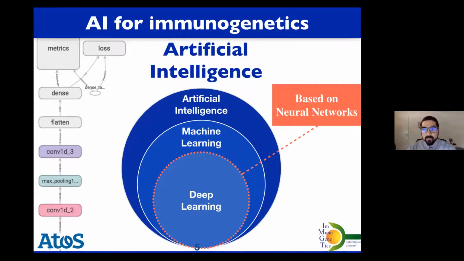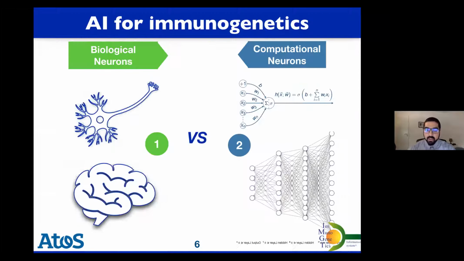So for that, in my PhD, I'm focusing on artificial intelligence. To be brief, artificial intelligence is a branch of computer science that tries to mimic human intelligence. In my case, I'm using a deep learning approach, which has proven its potential recently in many fields. This deep learning approach is basically using a neural network. What is a neural network? A neural network is a structure that tries to mimic the human brain to some extent, and what is called the cornerstone of it